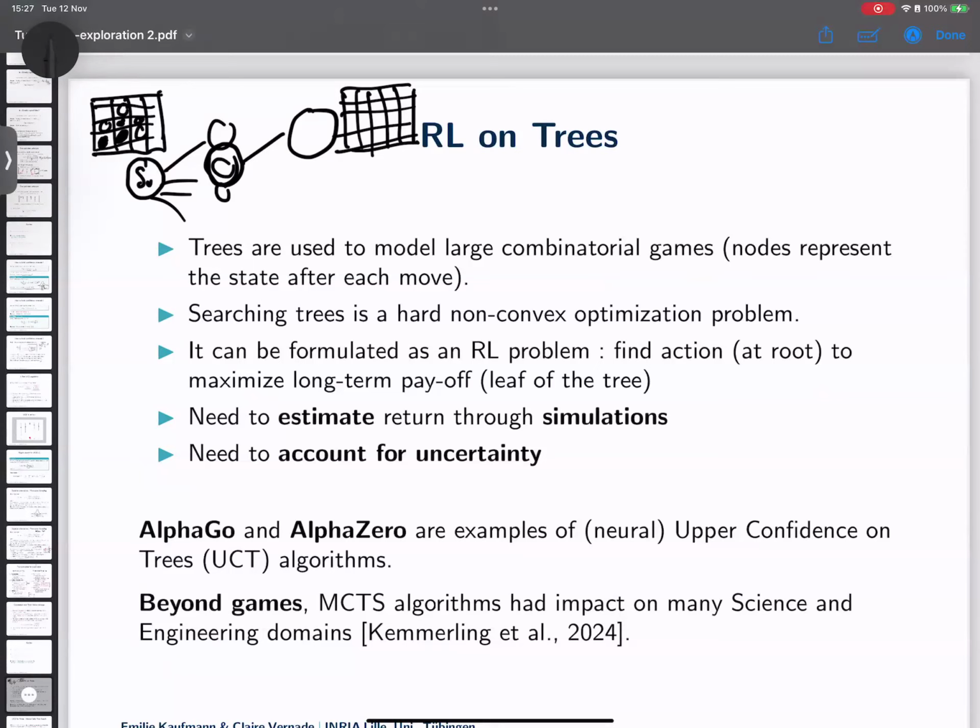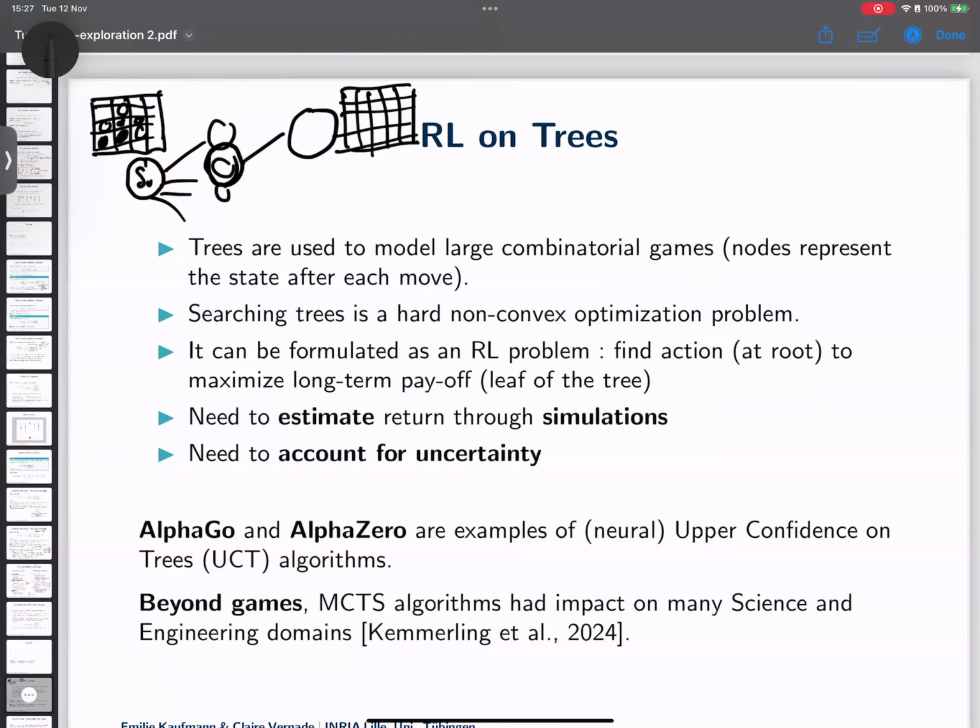Why is it an RL problem? Because I am in a state, I take an action, and I observe a transition to a next state, which is actually not a purely random thing. It's someone who is trying to play against me and makes me transition to this next state. And I don't control this someone. I just know that they're optimizing for a reward function that is exactly minus my reward function. Here it's a zero-sum game. So if I win, they lose. If I lose, they win. So it's clear why it's a reinforcement learning problem.